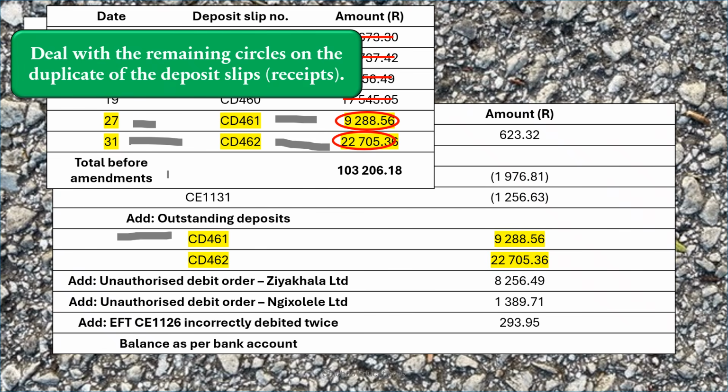And we add outstanding deposits, and there is the 9288.56 and the 22,705. So we're now dealing with outstanding deposits that the bank wasn't aware of. Cross out the circles,